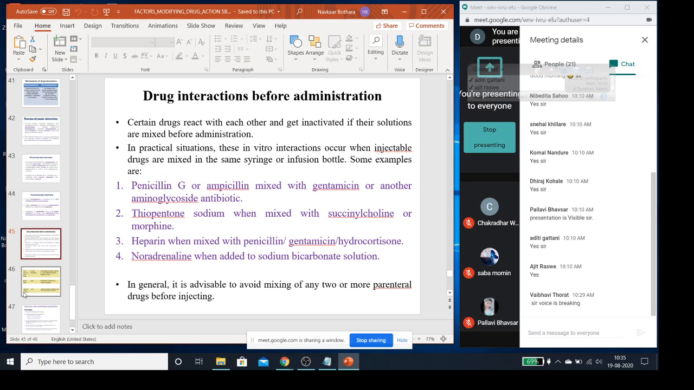So again, these are interactions before administration, what we call incompatibility. I will not go into more detail about incompatibility, because incompatibility is again a different thing. That is a chemical reaction between two drugs which happens outside the body. It is neither pharmacokinetic nor pharmacodynamic. But as a pharmacist one should be aware of it, so that if two drugs are getting mixed they will not allow it. Then next is